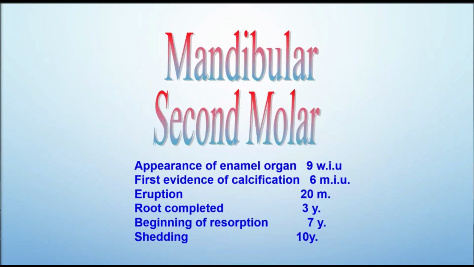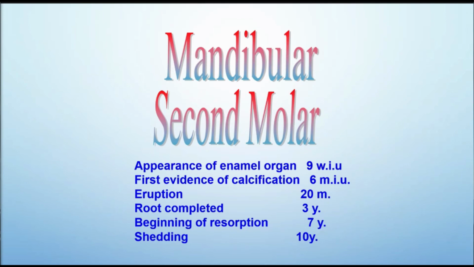Okay, so we know about the mandibular deciduous first molar. This deciduous first molar is a unique tooth. It doesn't resemble any other tooth. There is a big bulging on the mesial side in the cervical third. It has, of course, 4 cusps. The mesiolingual cusp is bigger. Okay, these are the features for the deciduous first molar.